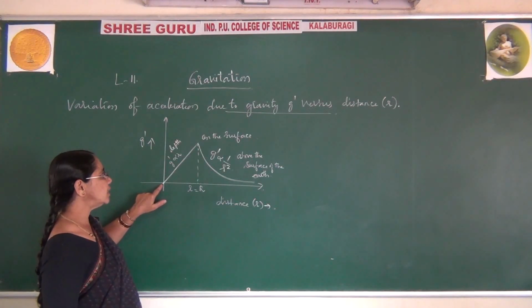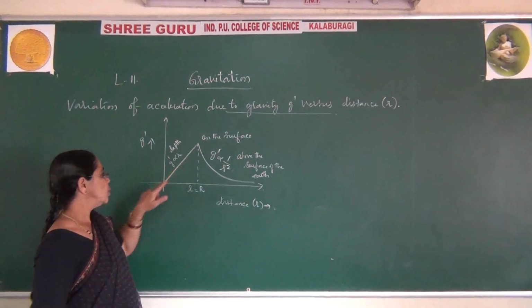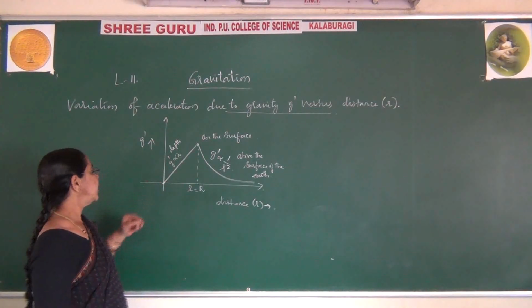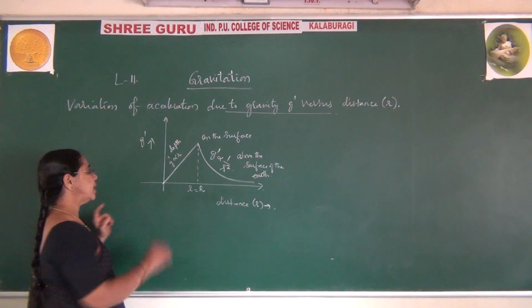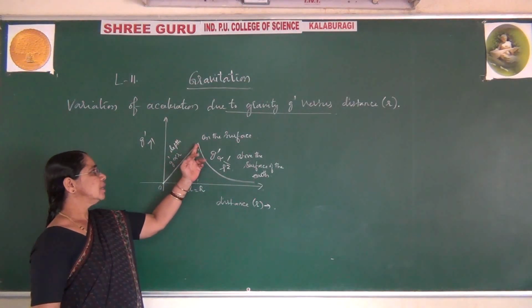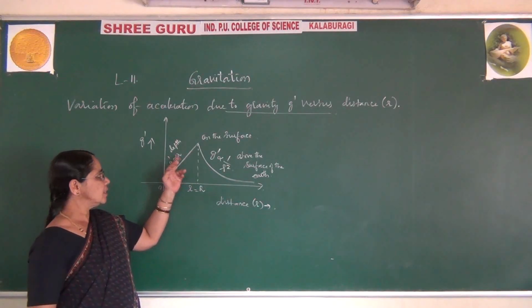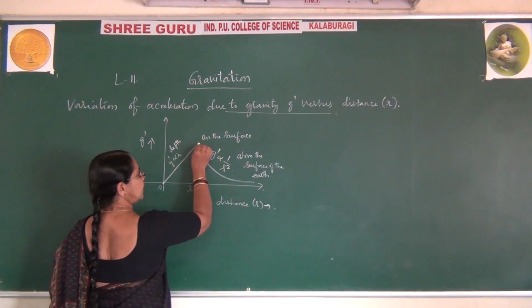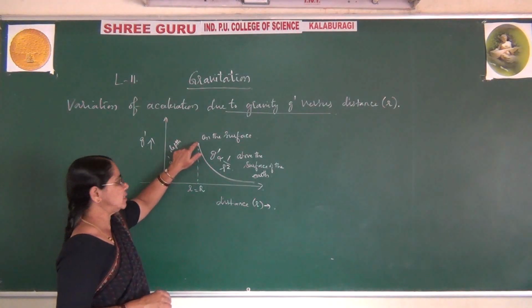So from the center of the earth, if you are reaching the surface, g is directly proportional to r. So at the center, you already know g is equal to 0, because you have learned when d is equal to R, then g dash becomes 0. So at the center, you can say it is at this origin. As you move from the center to the surface, it is directly proportional to the distance. When it reaches exactly the surface, you know g is maximum here. Therefore, exactly on the surface it is maximum.